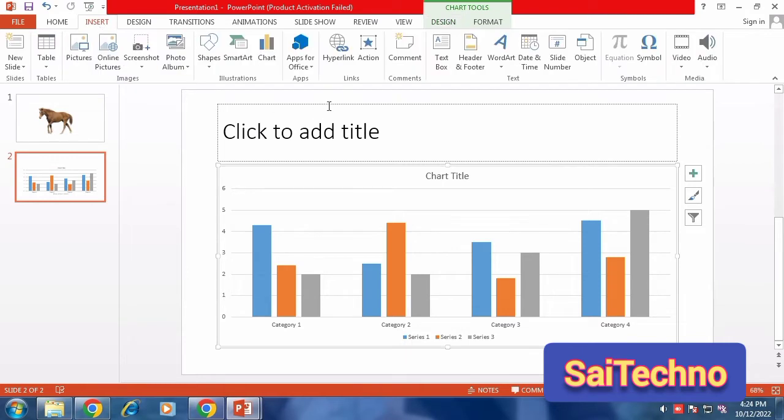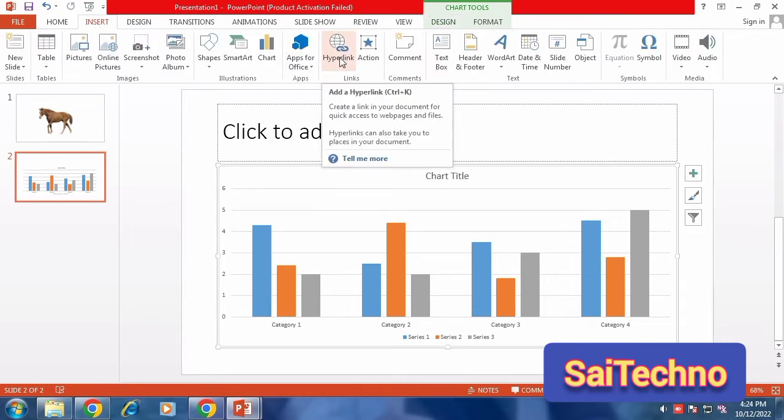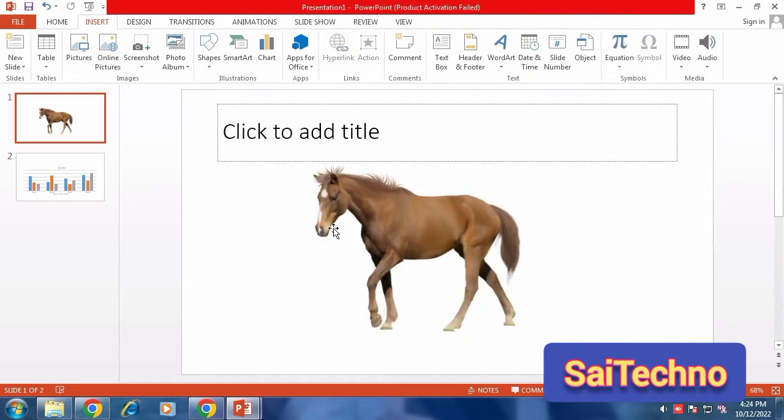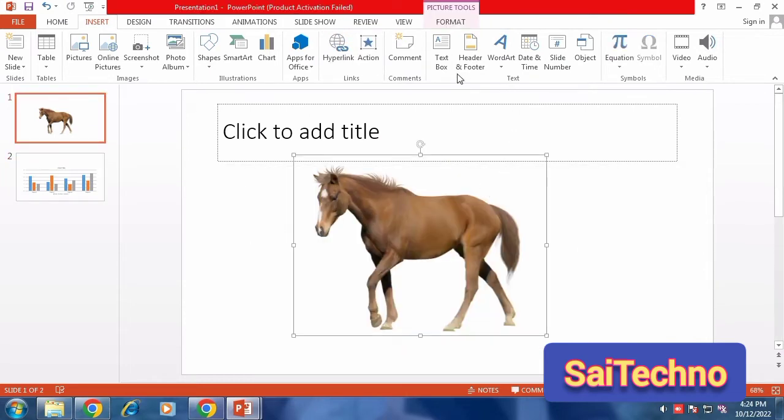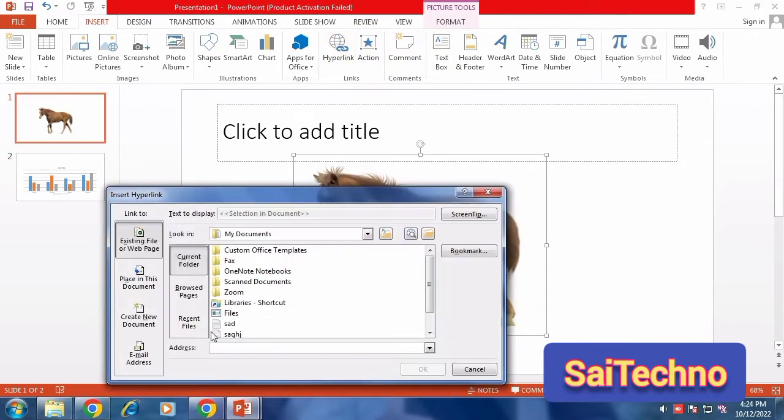So next comes the hyperlinks. If you want to connect any file to that link, or you want to keep a specific link, you can utilize the link option here. See, suppose I want to make this picture a link, so I can use the link here, and I want to connect some file there. So I'll take some kind of